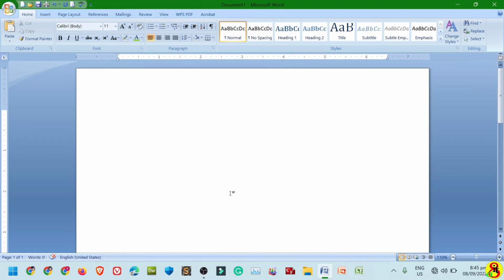Okay, so to begin, let's start typing something in this document. Welcome to Microsoft Office Word 2007. Okay, so before pressing the Enter key, just press Ctrl+A